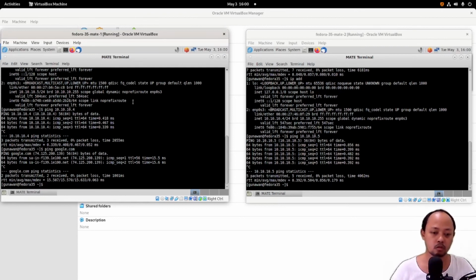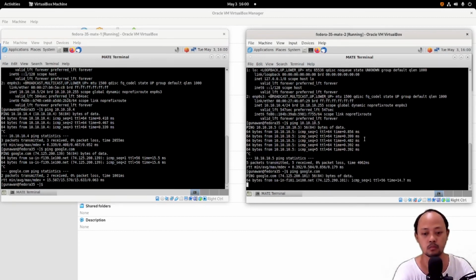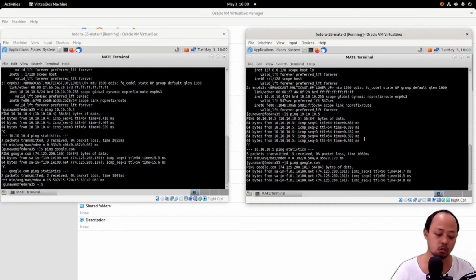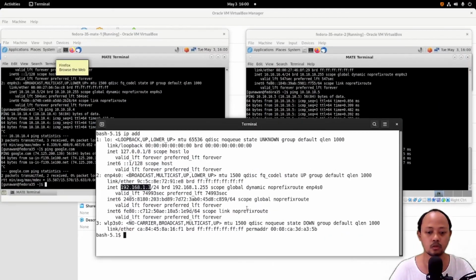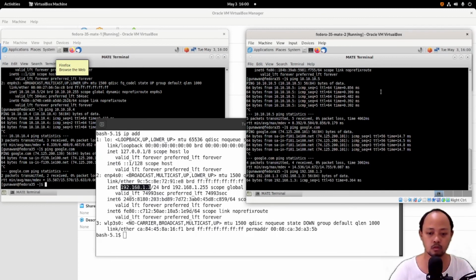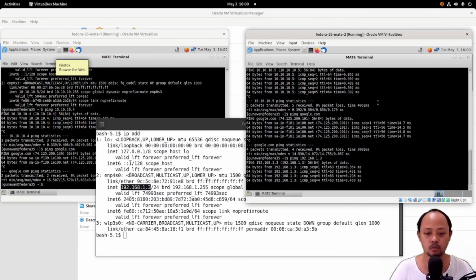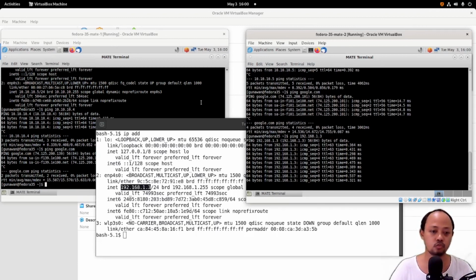This VM is connected to the internet, and this VM is connected to the internet too. If we ping the host, we can do that too.